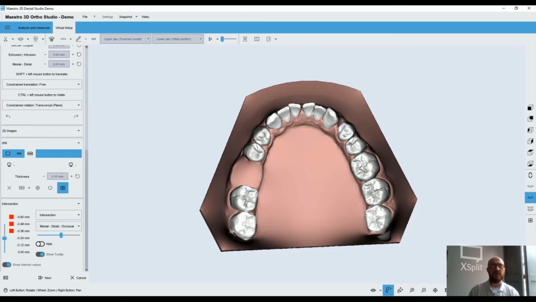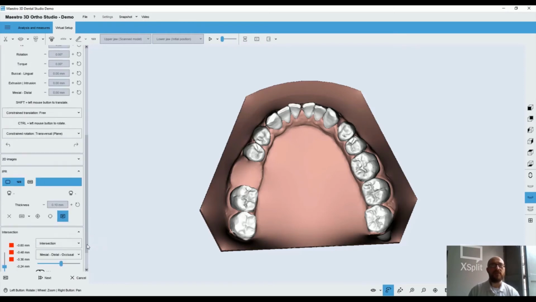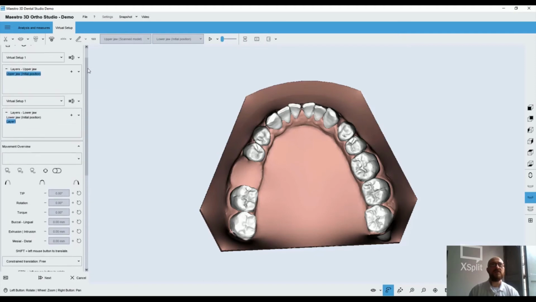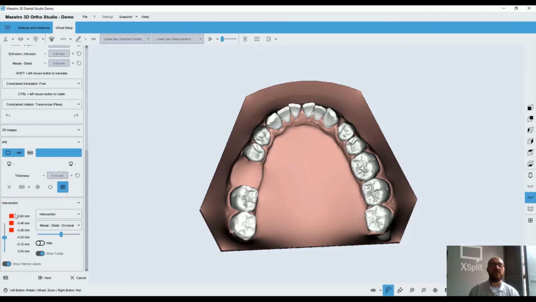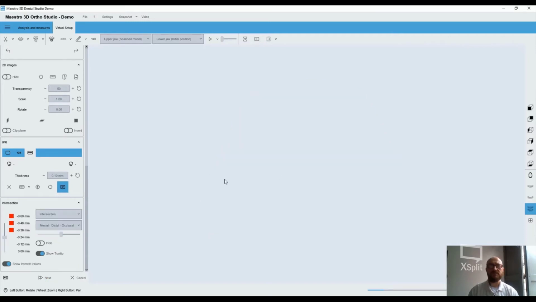Okay, we always have the possibility to use the color map for checking the distances and so on. And I think that for this step we have the IPR. Yes, I want to save. Oh, I didn't tell you that